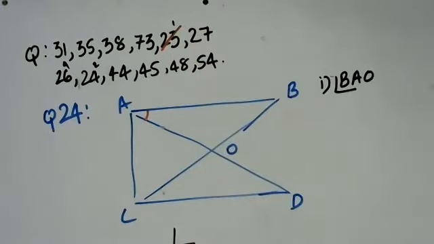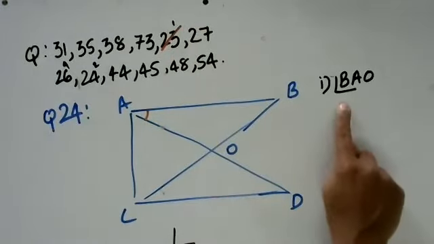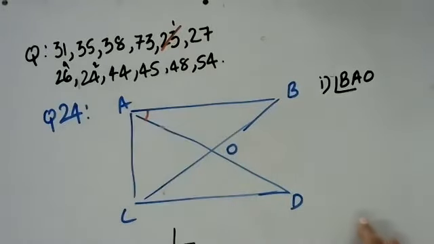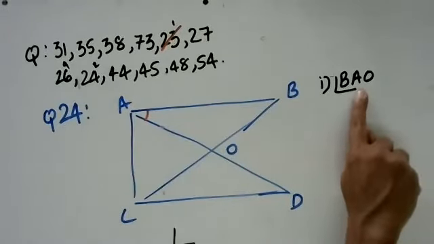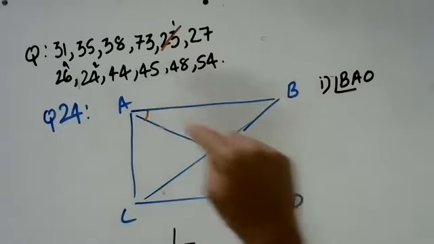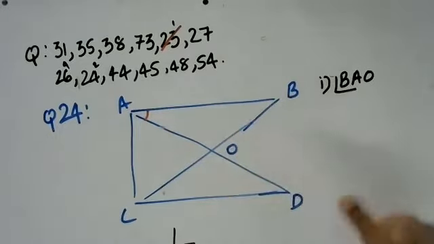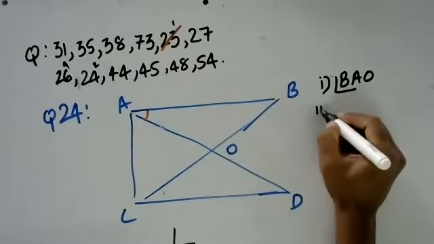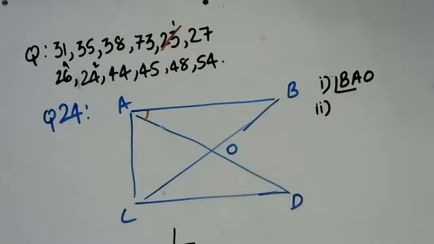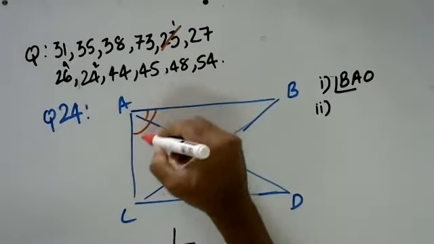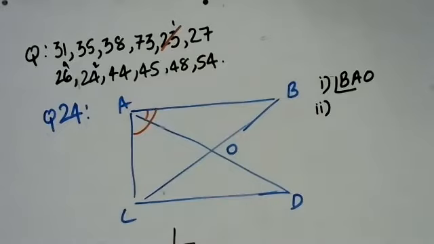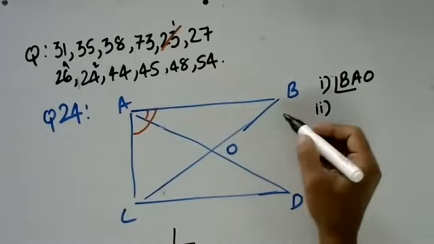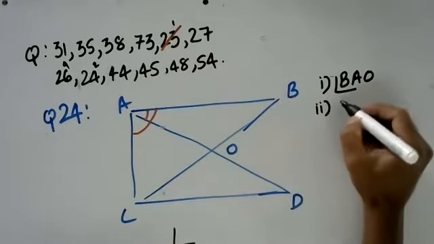Okay, so that is the sign for an angle, and when you write an angle, the point where the angle is has to come in the center. So you should say BAO or BAD, whichever, both are the same. Did you get this? So first state all the points that come at point A. So that is one angle. This is another angle. So the second one, I can write it as angle BAC.